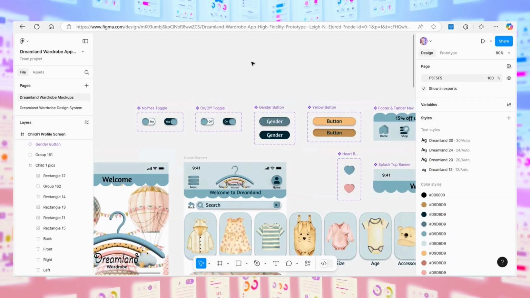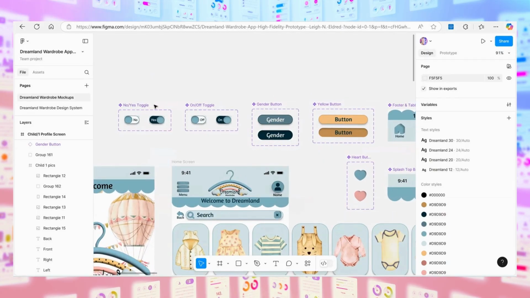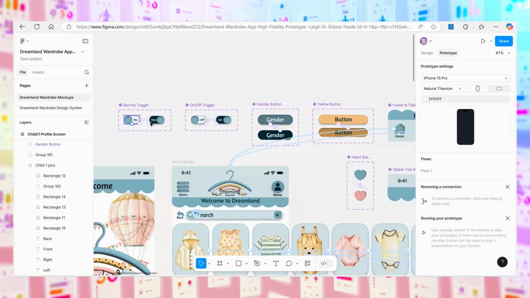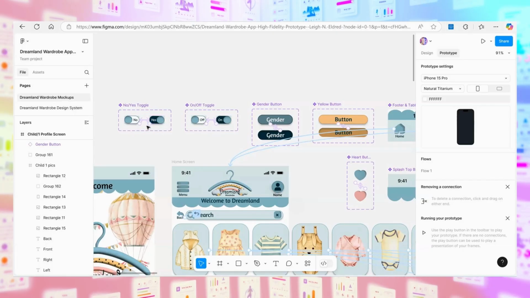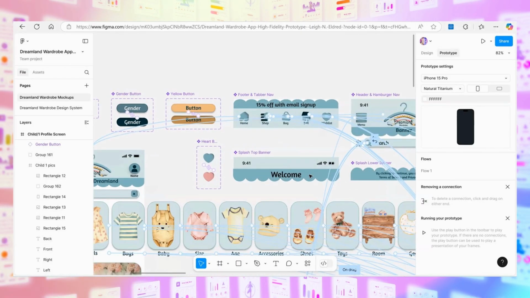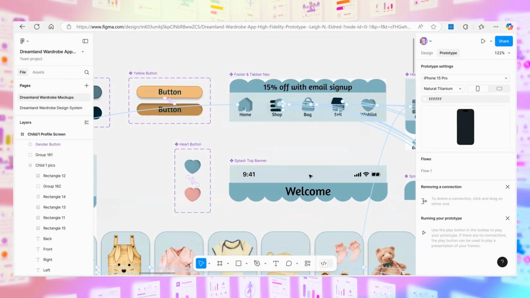Like when I made the toggles and I showed you on and off, I made those with a no yes toggle, so I coded it. It's different than making a node, but they are kind of noded. I can show you that in prototyping here. They're noded to each other. So when I copy and paste one of these guys, and put it in a box, you click on one, it'll just go to the other automatically. So that's how the prototype ends up working, and how a button, once you click on it, will turn dark. I have noded them to each other, connected those nodes. And like the heart for light becomes pink when it's connected.